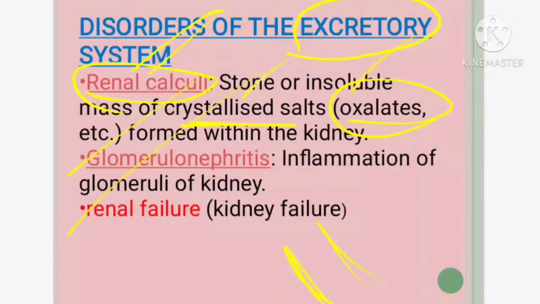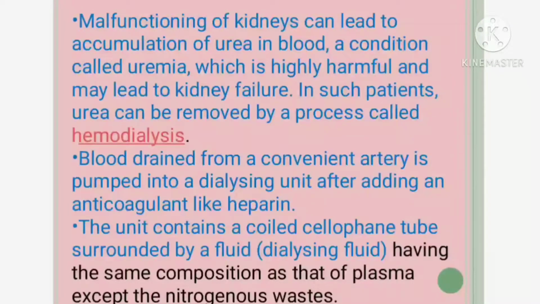The next is renal failure. The kidney stops functioning automatically. Only one possibility is there: either you go for transplantation or you can go for what? You can go for dialysis, isn't it? So, that is kidney failure, the nephrons are not functioning, the filtration process is lost. It can happen because of old age or because of some other infections. Okay. Metabolism differences can lead to the same. Alcohol consumption can also be a cause. So, that is regarding your disorders of the excretory system.